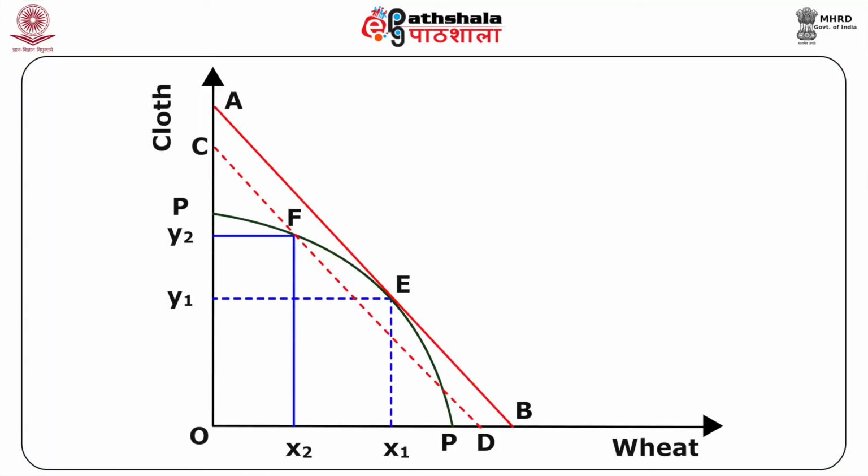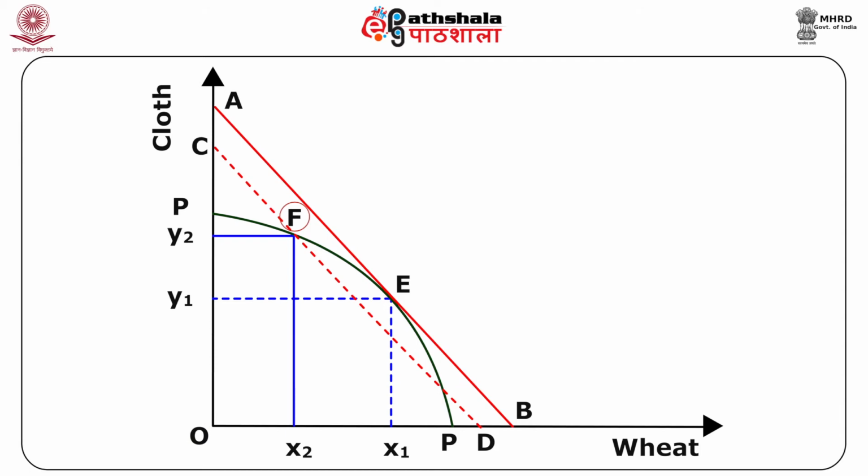In order to show that production at point E maximizes the national output, the following figure is taken. Suppose the production takes place at point F and not at point E. The transformation curve is PP and the price line is AB. Since production takes place at point F, we draw a line parallel to AB through point F. This line is CD. If the economy produces at F, then it is not maximizing the national output, since OD is less than OB and OC is less than OA.